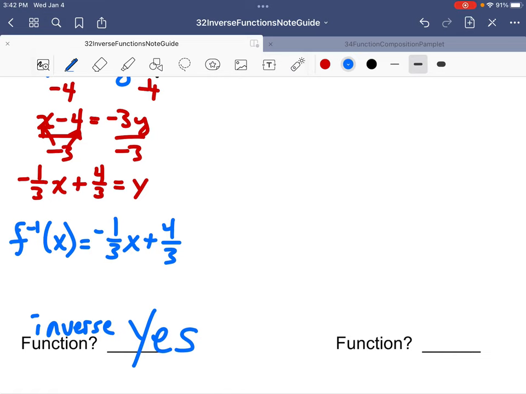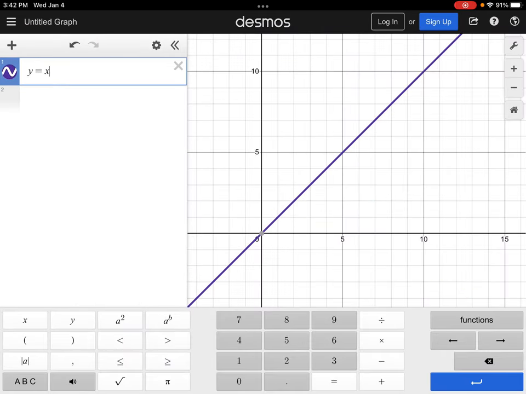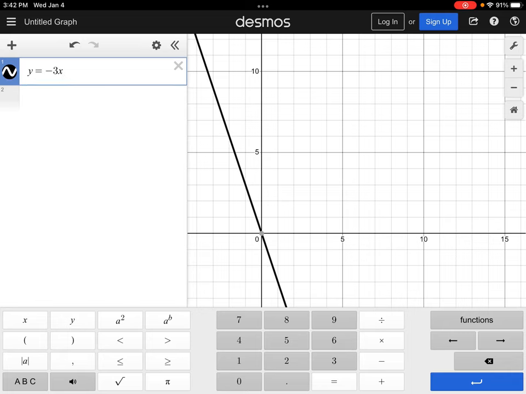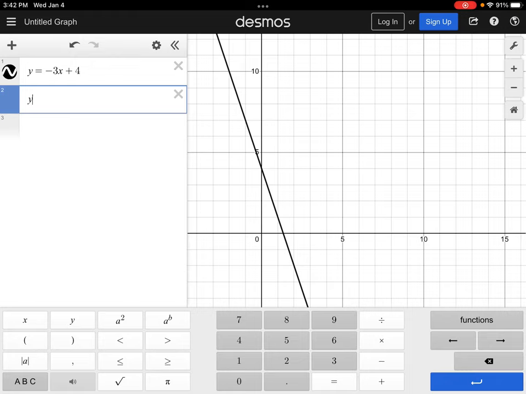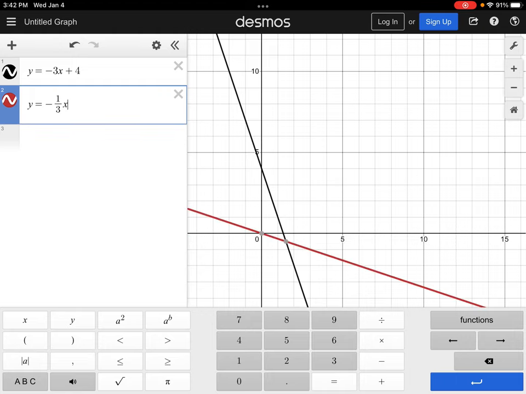Do you want to see these two graphs on Desmos? Do you want to see that they really have the reflection? You don't? Well, let's take a quick look. I'm just typing in the original graph. It actually is also a straight line. I'm now going to type in the inverse graph. Carefully typing in the inverse graph, I end up with